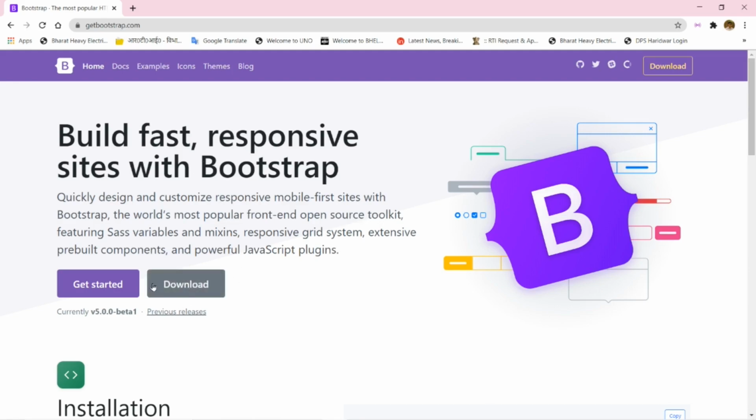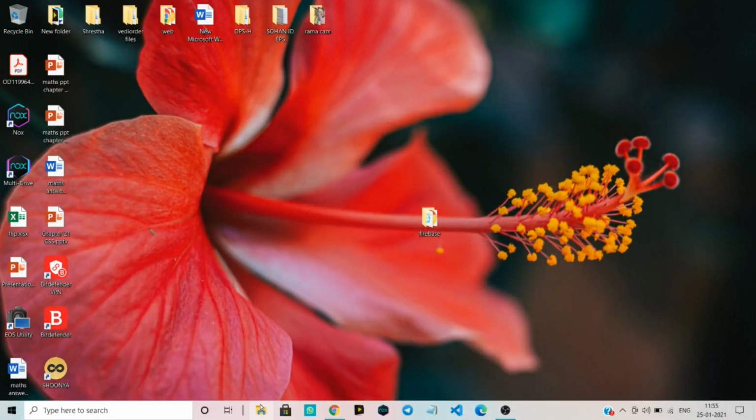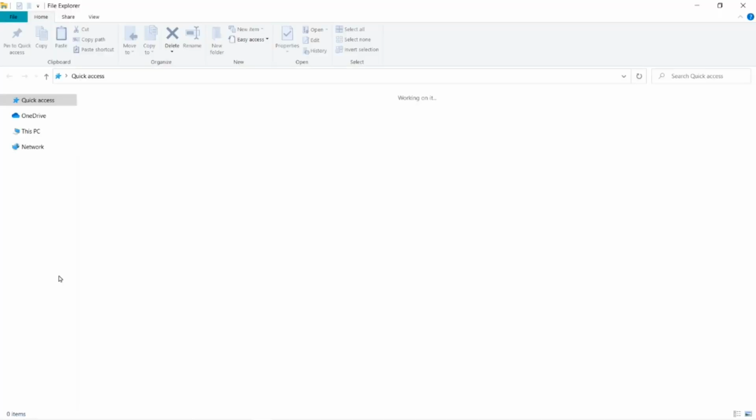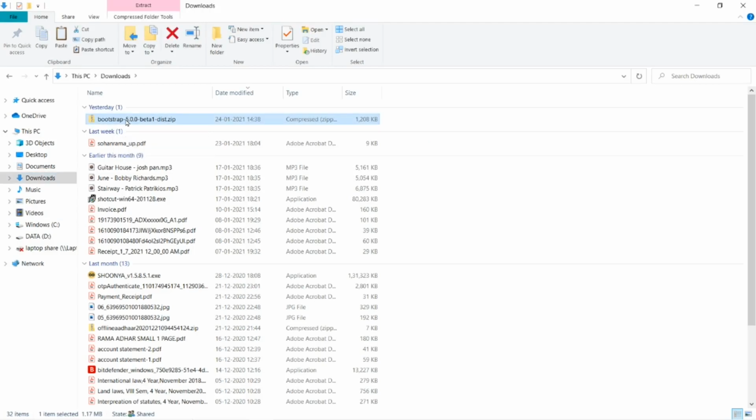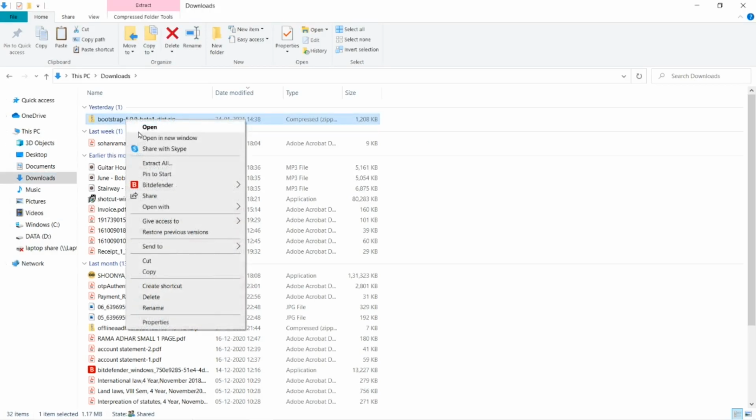So you have to click on the download button. It is free, so you click on the download button and you will go to another page. There will be one more download button. You have to click on it and it will start downloading. I have already downloaded this file, so that's why I am not downloading it one more time. So click on minus, then go to the downloads folder, where you can get this zip file, and then